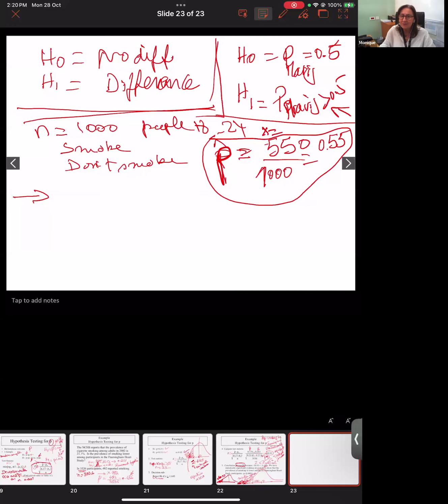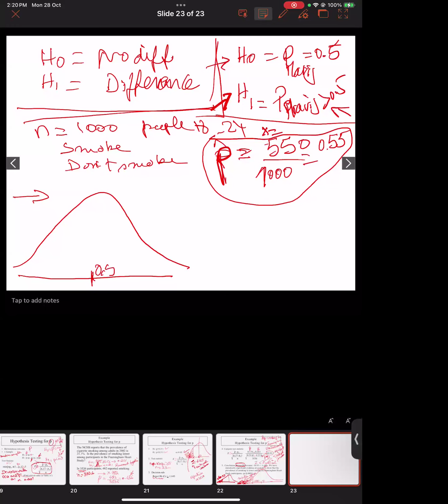So we do a test of hypothesis. The null is that it's 50% or less, and the alternative that you are looking for is whether it is more than 0.5. So if I consider that the marijuana use is 0.5, this is my H0. It is a one-sided hypothesis. If I say H0 is true,